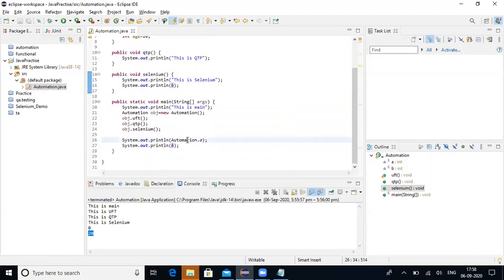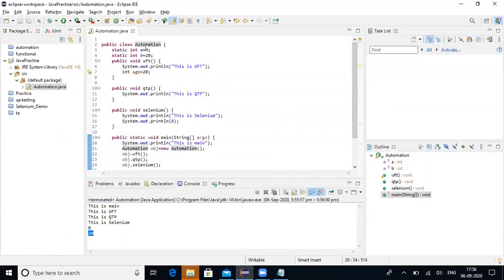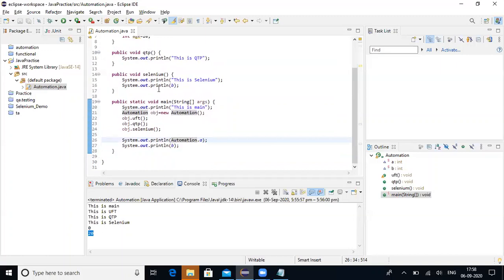Also, if it is declared as global, then you can simply print the variable name. Or if it is not declared globally, or if you want to get the static variable, then you need to use the class name to call it, Automation.a. There are two different ways: you can call it in a static method using the class name Automation.a, or you can simply print it like b.